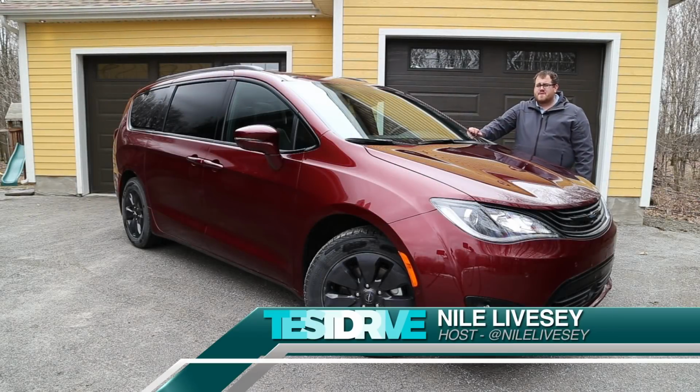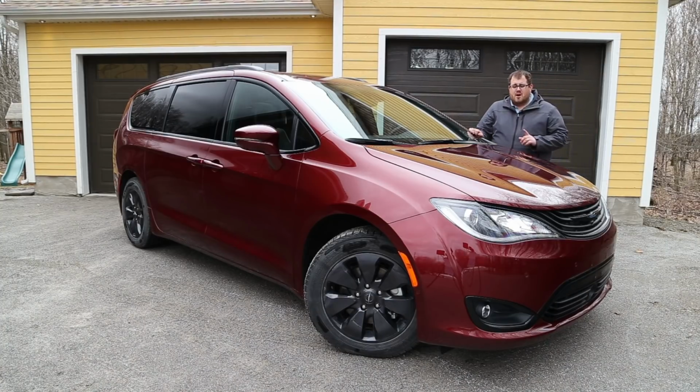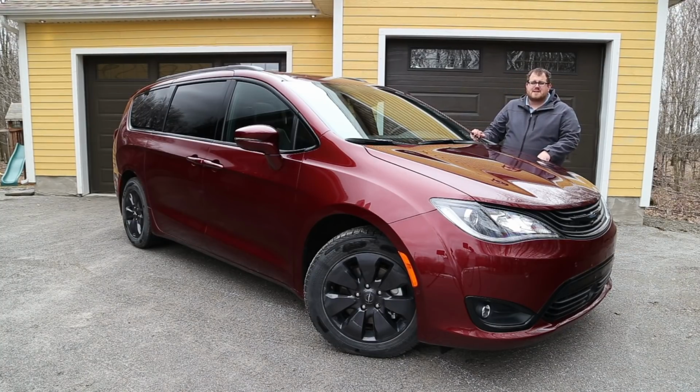2019 marks 35 years of the Chrysler minivan. From the Caravan to the Voyager to the Town & Country to even this Pacifica, millions of Canadians have made these vehicles part of their families. Our spotlight is on this 2019 Chrysler Pacifica Limited PHEV with a 16 kilowatt-hour battery, good for about a 60-kilometer